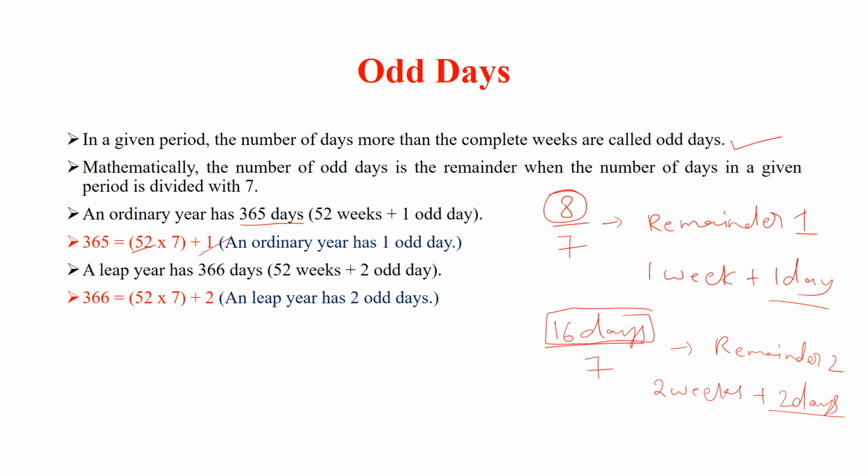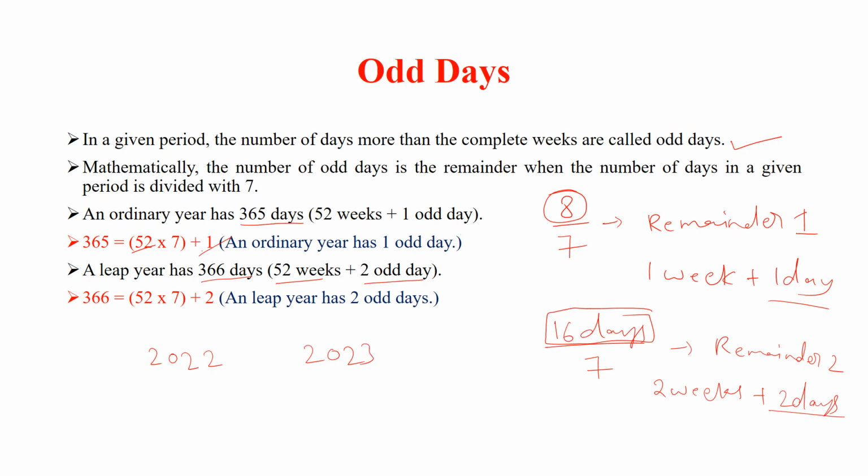Whereas in a leap year, you have 366 days. It means you will have 52 weeks followed by 2 odd days. The consequence of 1 odd day in an ordinary year is, for example, in 2022,